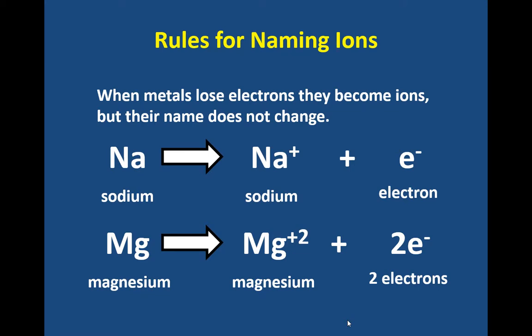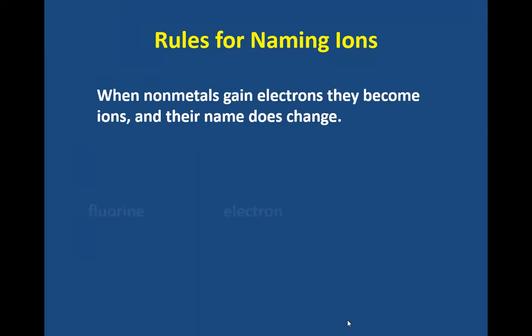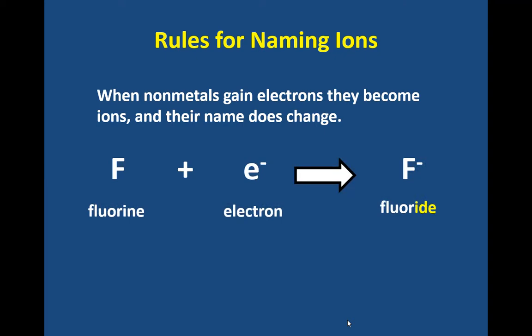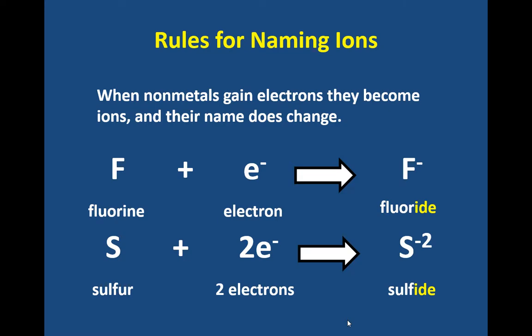Now, magnesium, ayan, loses 2 electrons. So, magnesium pa rin ang tawag, magnesium ion. Okay? Remember, kapag metal, they lose electrons. When nonmetals gain electrons, they become ions. Their name does change. So, from fluorine, naging fluoride. From sulfur, naging sulfide. Okay? So, remember,